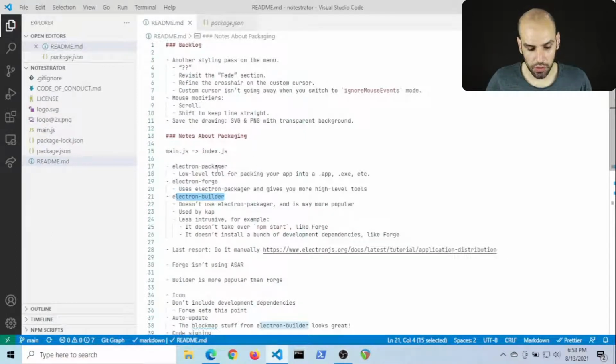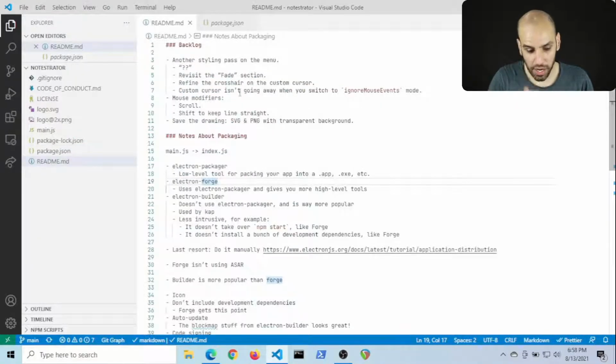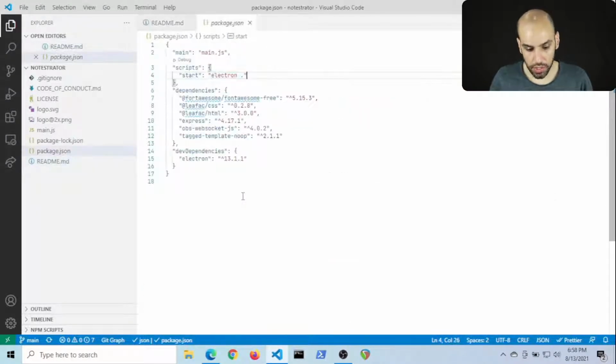And both Electron Forge and Builder solve this. Electron Packager does not. As I said, it's a lower level thing just for packaging. But both Forge and Builder recompile stuff for you. The difference is that, as far as I can tell, Electron Forge takes over the start script because it's going to check for these dependencies every time you run the app. While Electron Builder only does that when you specify a post-install script.